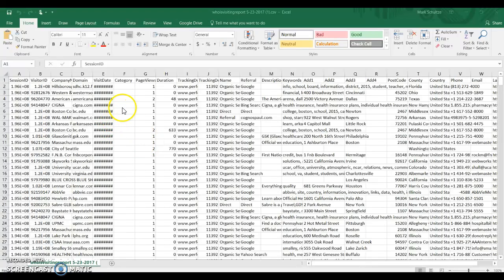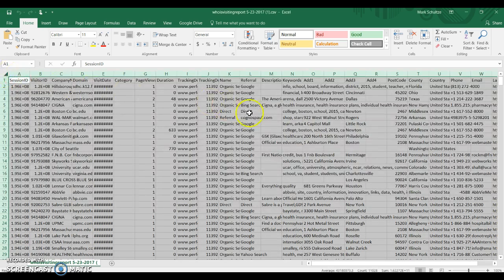Yeah, and I'm going to walk you through how I do that filter report on who is visiting. So here's the report. The first thing I do is I want to be able to see all the columns. They're all kind of crunched right now. So I'm going to go up with my mouse, left click where this triangle is, and that'll highlight all the